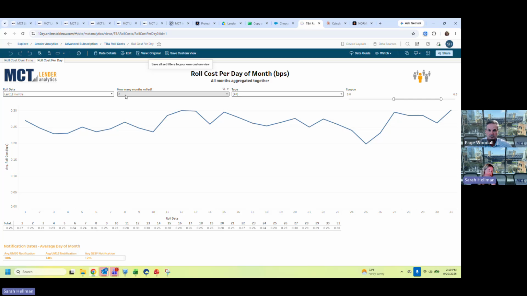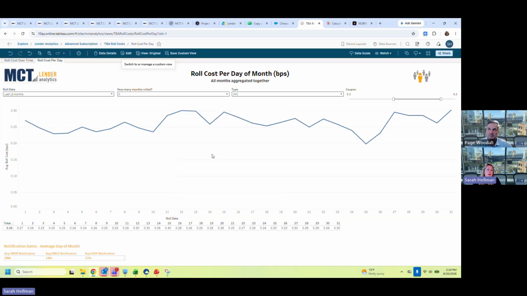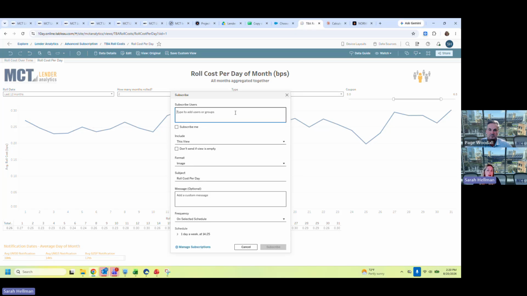So that's handy if you find yourself applying certain filters to a view over and over again, you can just save it for quick referencing in the future and it'll be listed available in here. But then also you can do an email subscription to that filtered view. So under watch here, you go to subscriptions. So you can have it send you just the view you're on or all the views in that workbook. You've got a couple of format options